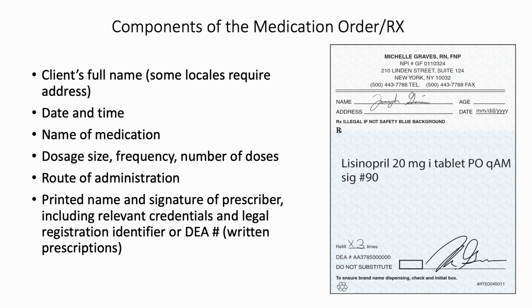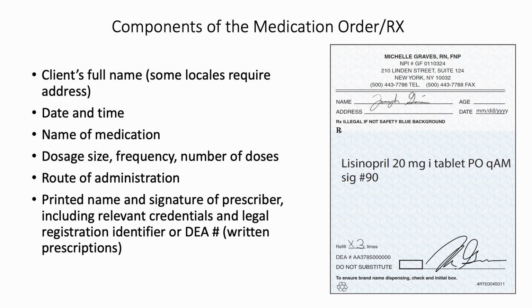Components of a medication order: we have to have the client's full name, the date and time of the order, the name of the medication, the dosage size, the frequency, and the number of doses. The dosage size means however many milligrams, micrograms, grams, whatever. Frequency is how often we are giving it: every 2 hours, every 3 hours, every 4 hours, every day, etc. And the number of doses: if it's an antibiotic and they only need 10 doses for 10 days,